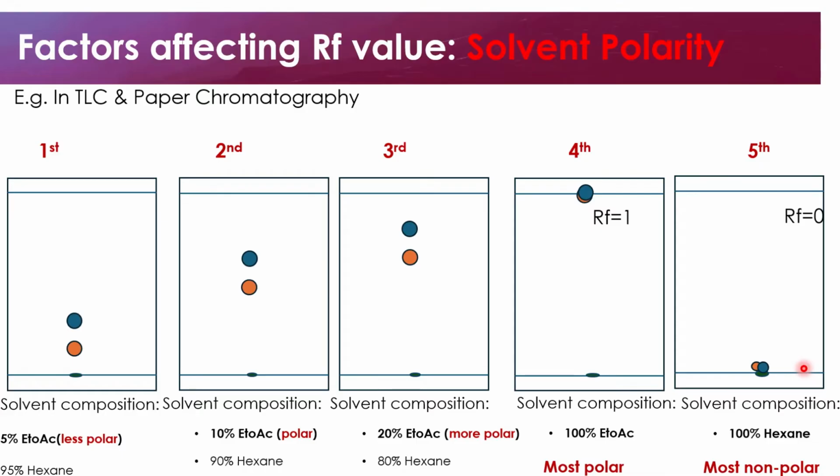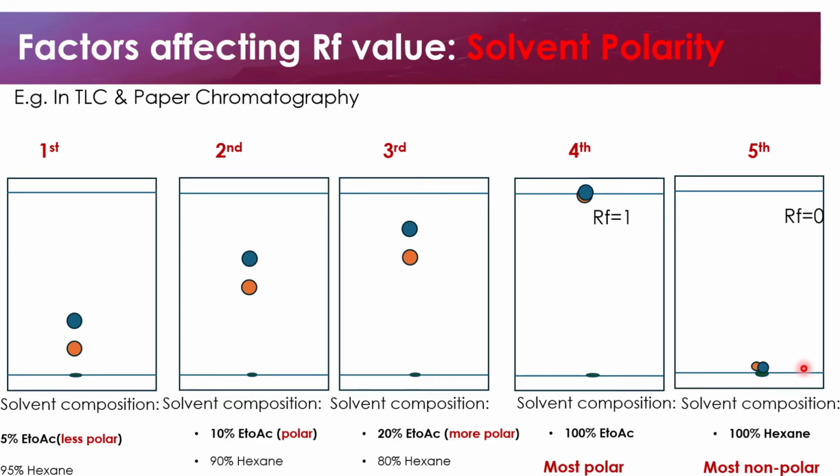But in terms of solvent polarity with a polar stationary phase, such as silica gel or aluminum or cellulose fibers, the most polar solvent will have the most affinity for the polar stationary phase and will travel the farthest with the separated compounds to provide a higher RF value as shown in the fourth chromatography, whilst the most non-polar solvent